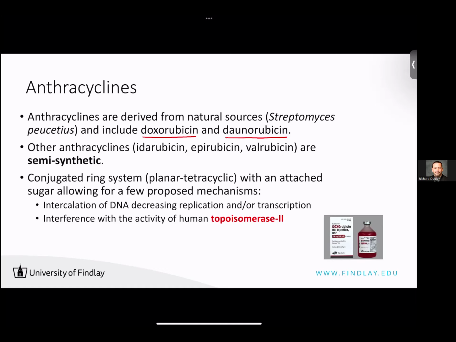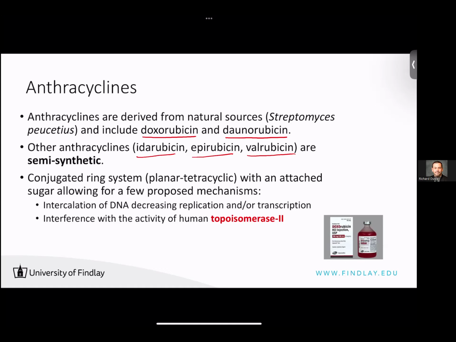And in an attempt to improve activity, make derivatives, make the molecules less toxic, the pharmaceutical industry used doxorubicin and daunorubicin as inspiration to synthesize semi-synthetic derivatives, including idarubicin, epirubicin, and then valrubicin. Neither of those three drugs are used as often as doxorubicin is being used, so they're sparingly